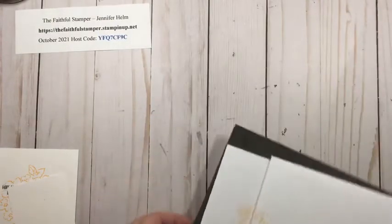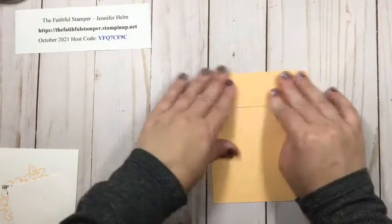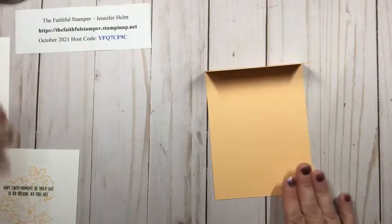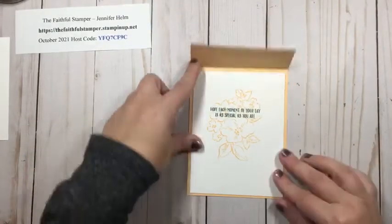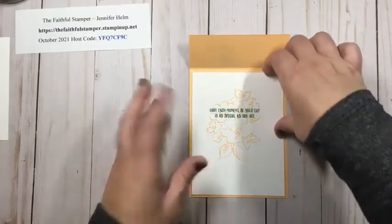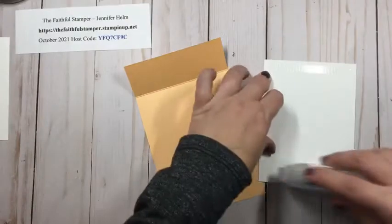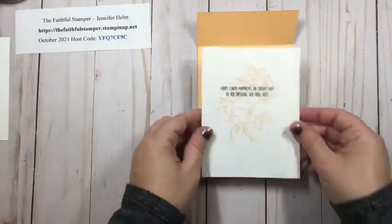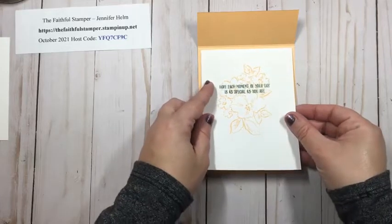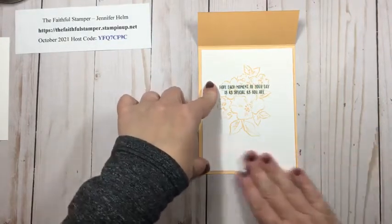And now I'm ready to assemble my card, and I can show you why it's important to work on the inside of the card. What we're going to do is glue the insert to the inside of the card, leaving a narrow border around. So this is just like you would do with any regular card. But placement is the key here because you want to get this as straight as possible and hopefully centered,